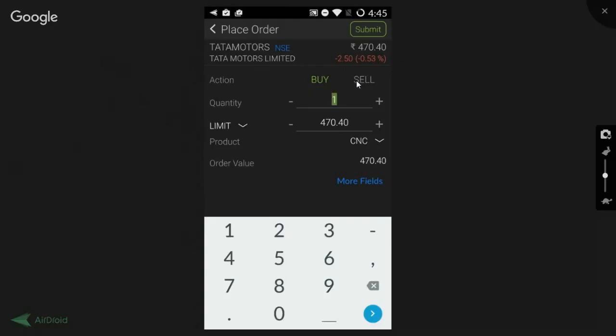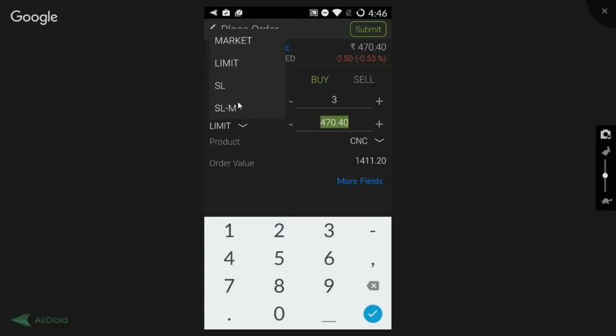So we select buy. We have to select the quantity. We can enter the quantity with a keypad, or we can simply click on plus and it would be added. And this is the value, this is the price. If we've selected limit, we can enter the price. We get an option to edit the price. This is a price type basically. If we've selected limit, we get to edit the price, enter our own price. If we select market, we do not get an option to enter our price. It gets purchased at the market price, whatever it is. Then there is SL for stop loss and SLM for stop loss market.